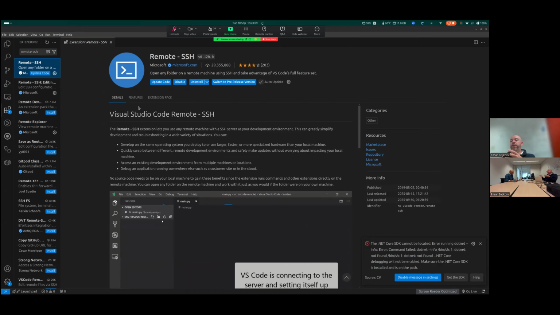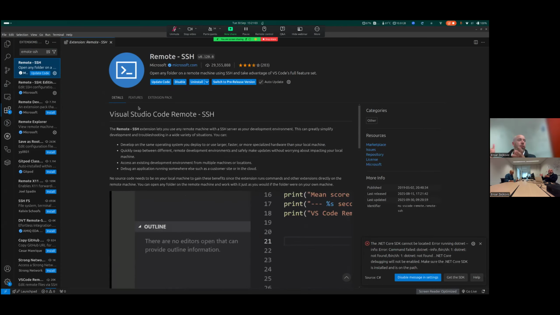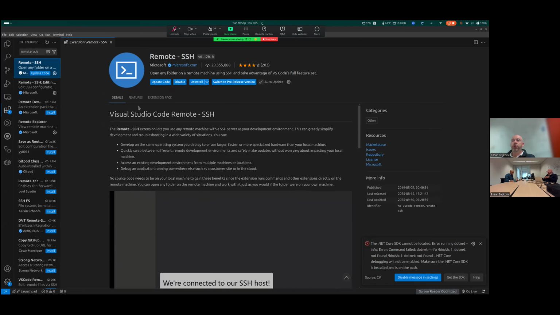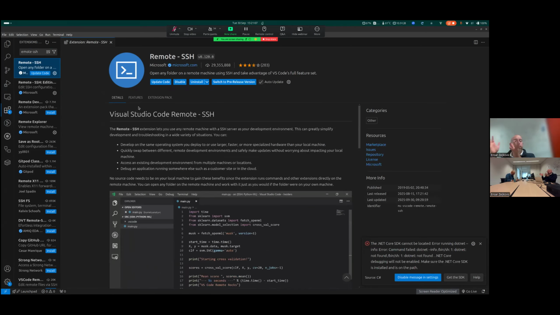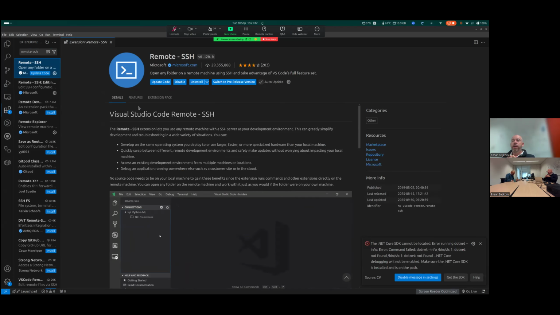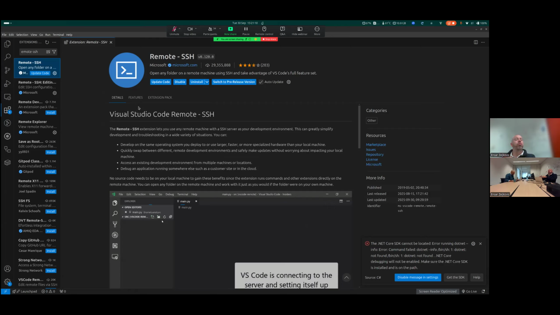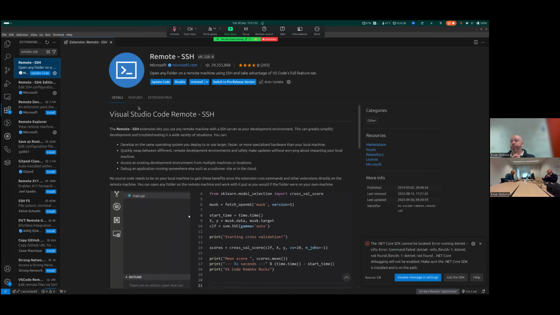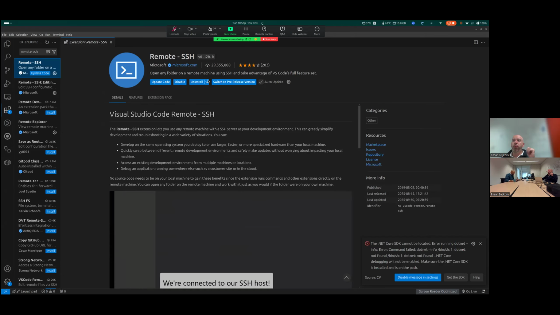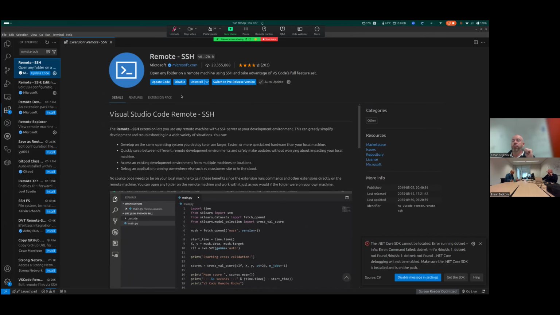So this is very nice when you have a lot of remote machines that you need to connect to, and you can do it all from your own VS Code instance and get access to that machine, not just the file system, but the terminal and other things as well. The beauty of this is, of course, all the other extensions that you have, you can bring alongside you and work as if you have everything by your side. So very easy. I've already installed it on my system.